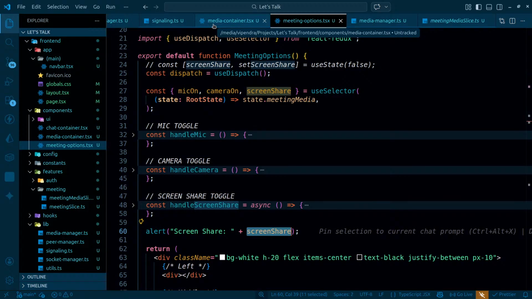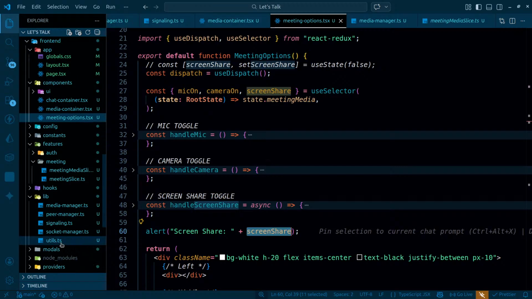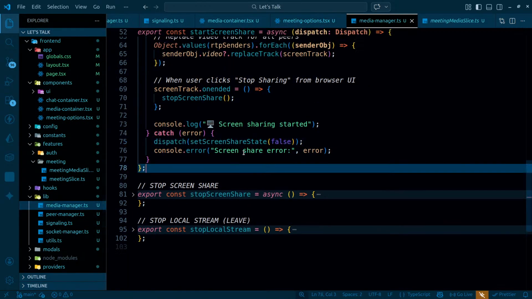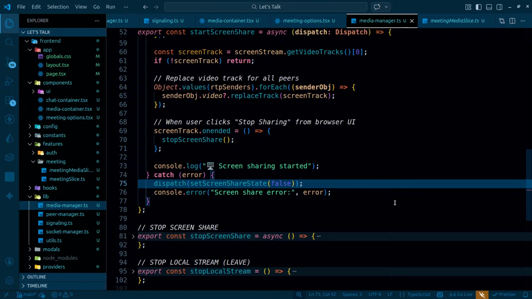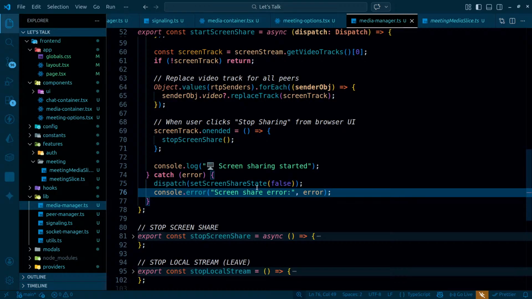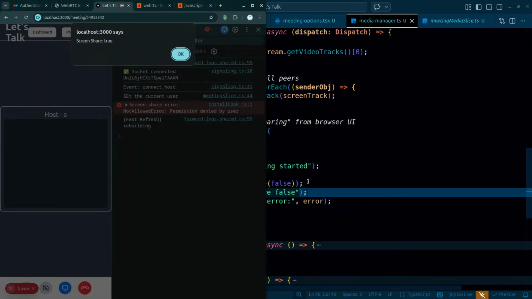So back to the function where I'm actually starting to share screen, and that is actually happening inside media manager. Inside media manager, I'm already setting screen share state that actually becomes false. Screen share either, console log set screen share false. Now if I check this thing out,